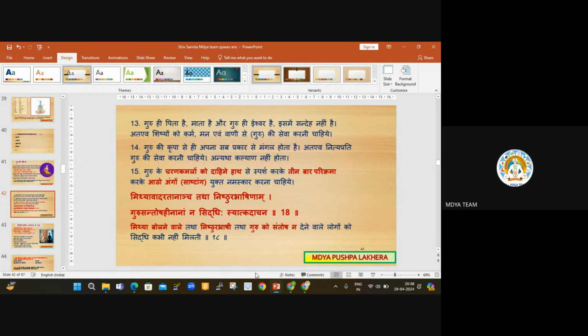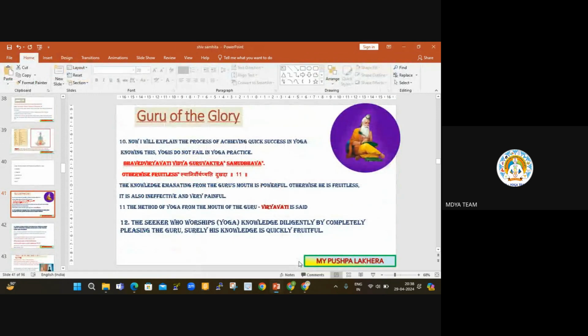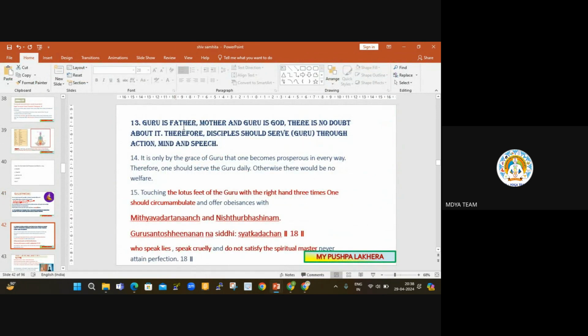And again he said that Guru is the father and Guru is the mother. In this way you have to think about the Guru, and you should not feel any type of doubt about it. Whatever the Guru says, you have to follow it. Now, whatever the teachers say, we are just questioning, yes or no, because we have a little bit of an idea, so we question whether it is right or not. But all these things were followed in the Gurukula system.